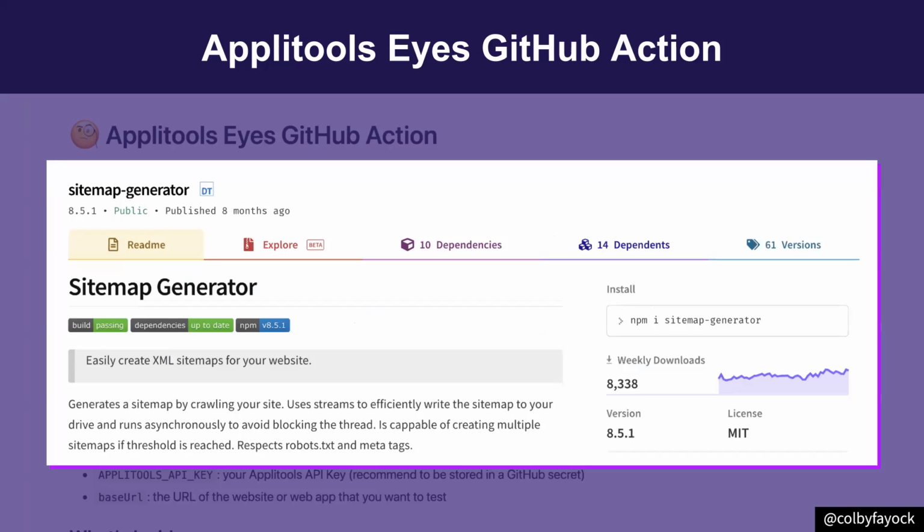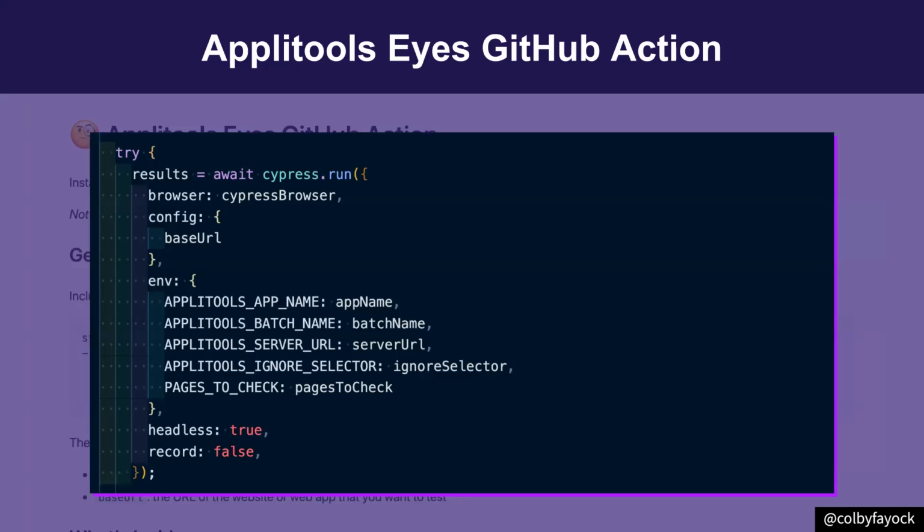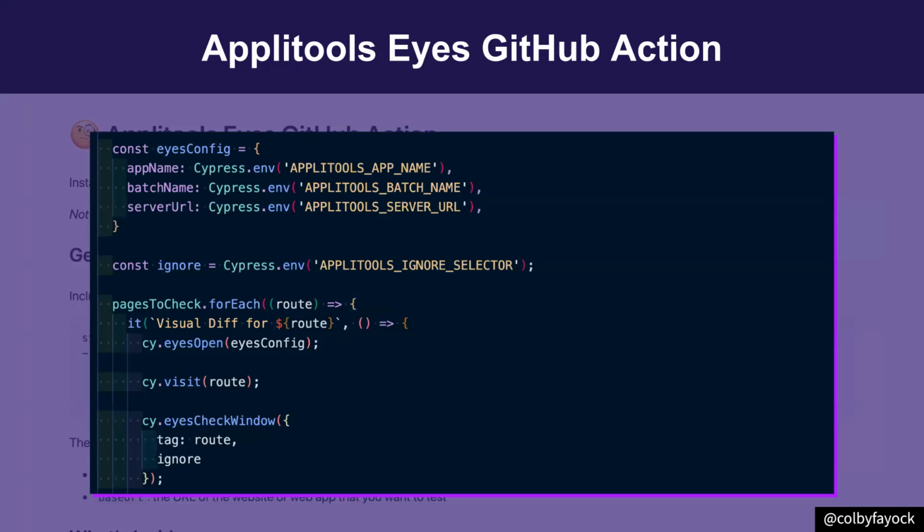But to crawl, I use an interesting package called Sitemap Generator, where I can run a simple command and have that entire list of URLs. And after I have my list, I can pass those URLs as an array right into Cypress, which I can run right inside of my script. And where finally Cypress will run those tests as it normally would, giving me my test runner and my results